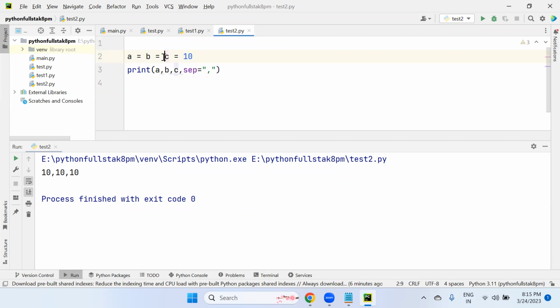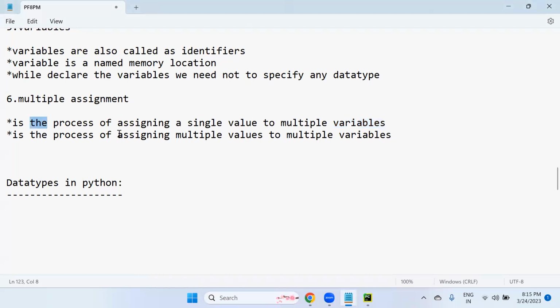Okay. Let's comment this line. How to comment? Control /. In the last session, I discussed how to make comments in Python, Control /. Let's include the next option. We have seen it is the process of assigning a single value to multiple variables. But multiple assignment is also the process of assigning multiple values to multiple variables.